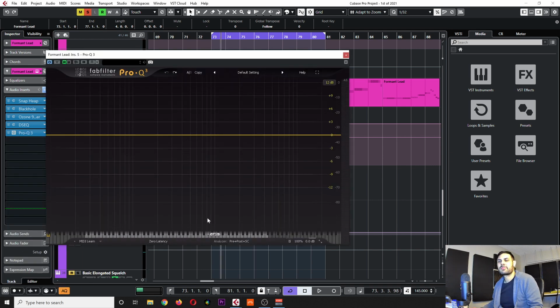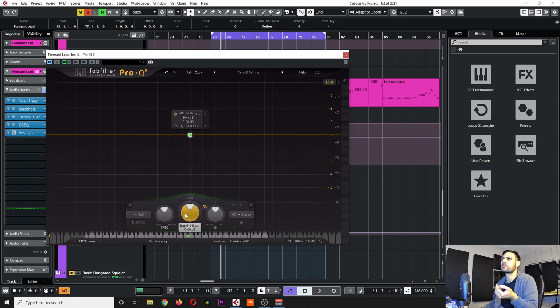Okay, so here we are in Pro-Q3, and I already mentioned that this is going to be something like a dynamic compression EQ kind of a thing. If you're in Pro-Q3 and you want to do anything dynamic, you see the slider over here, on top of the big knob, and you can either compress that specific frequency, or you can expand that specific frequency. So if you wanted to do some compression here,